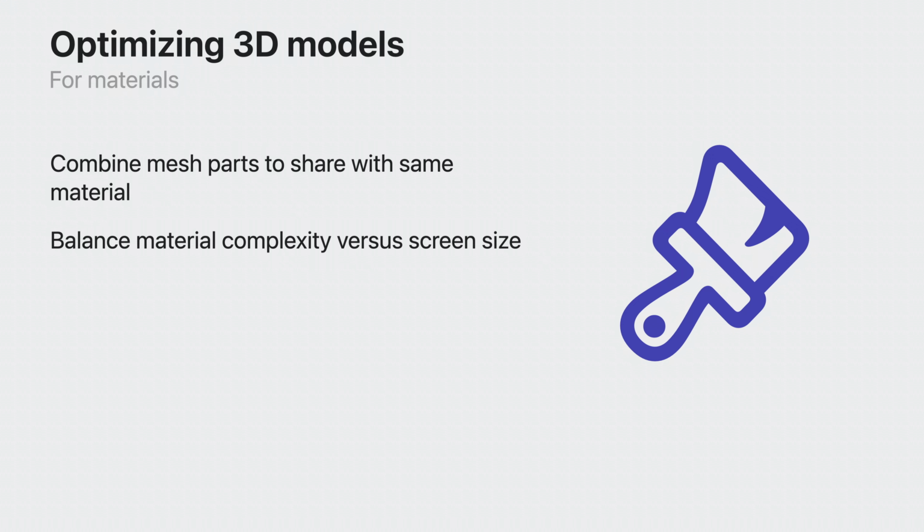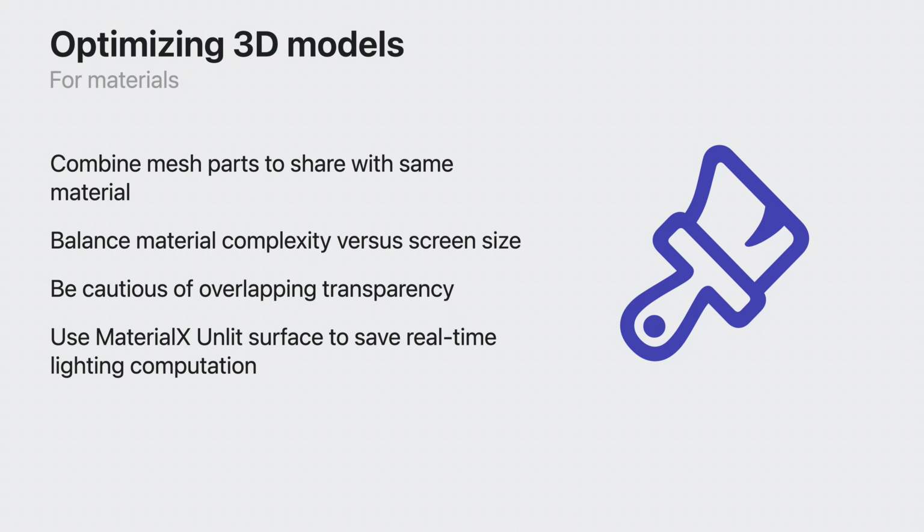Be sure to balance your material's complexity against the screen size. For example, if you just need a tiny part of the screen to be transparent or have a clear coat, it's more efficient to use a separate material just for that small area. You always need to be mindful of overlapping transparency. Rendering transparent objects in real time typically requires more calculations compared to opaque ones, so only have overlapping transparency when you really need it.